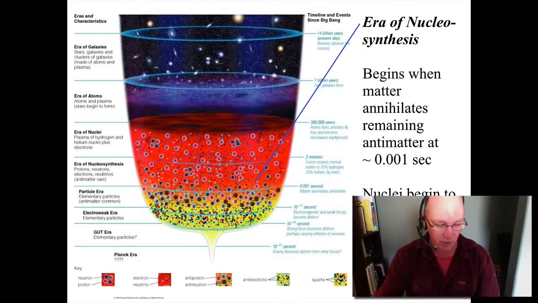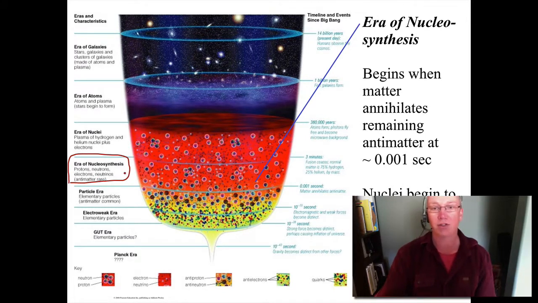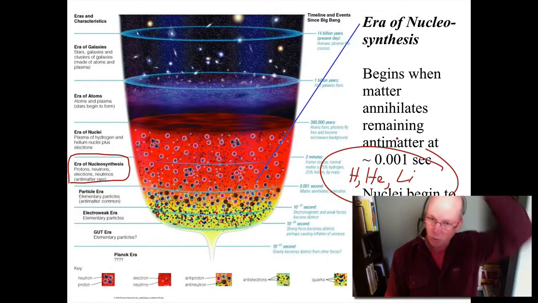After that, we get into the period of nucleosynthesis, and this is where nuclei begin to fuse, and we can get what we would consider real atoms, right? So that would be things like protons, neutrons, and electrons. And they can begin to combine into hydrogen and helium. This is where, at about 3 minutes after the Big Bang, we get the crystallizing out of the hydrogen, helium, and lithium. All that is ever going to be created in the universe is created at this point in time. So every hydrogen atom in your body was made at this point in time.